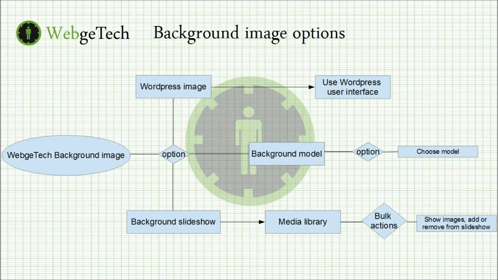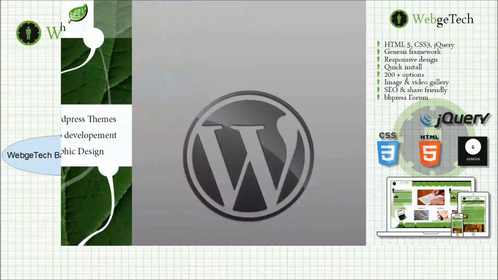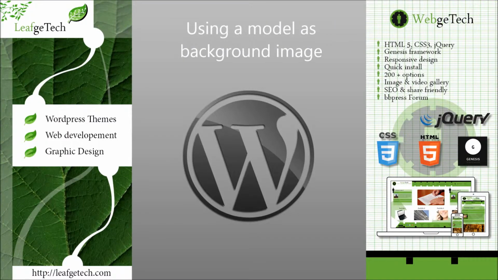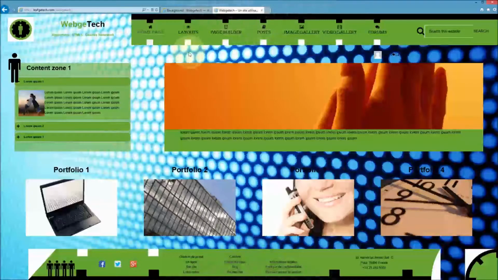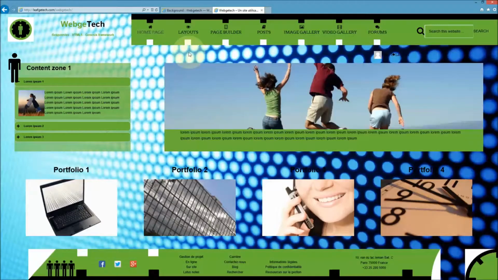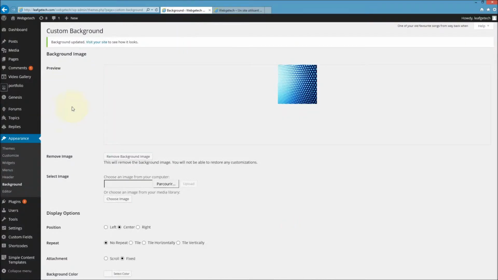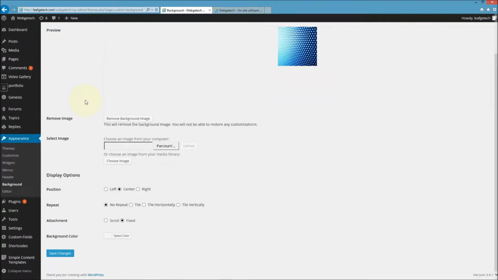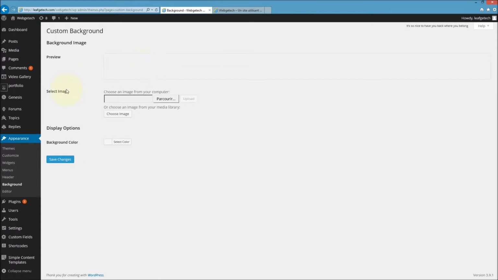Now let's see the built-in option to add a model as a background image. Before we use a model as background image, we have to remove the header image that we added using WordPress Interface. We go to Appearance and Background again and click the Remove Background Image button. Then we have to go to the Theme settings,